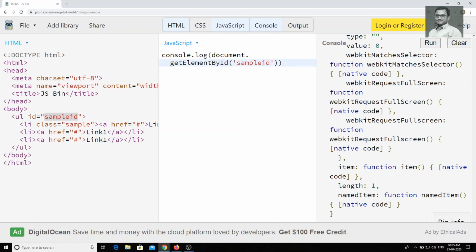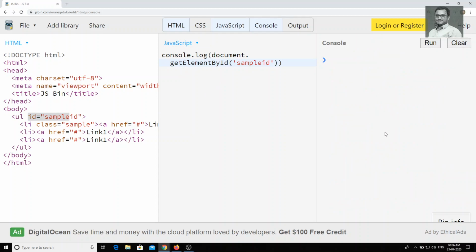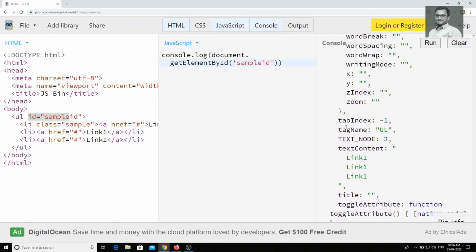We should give it as singular only. Why? Because each HTML element has a unique ID, so we cannot have multiple IDs like class names or tags. If you run it again, you will get the UL which has that ID.